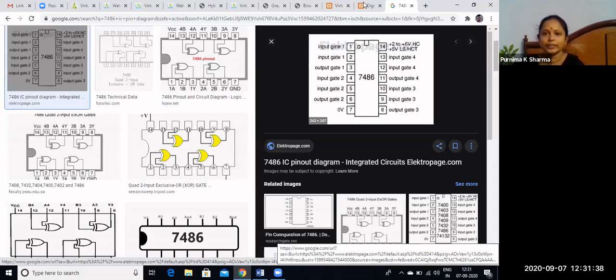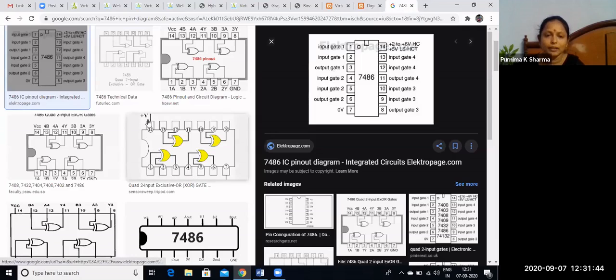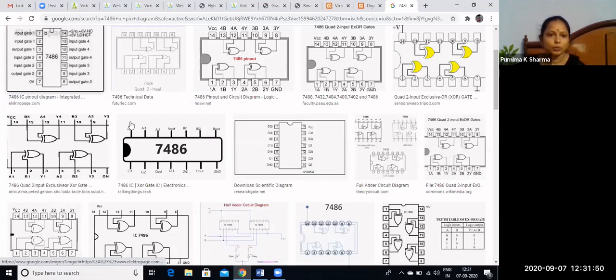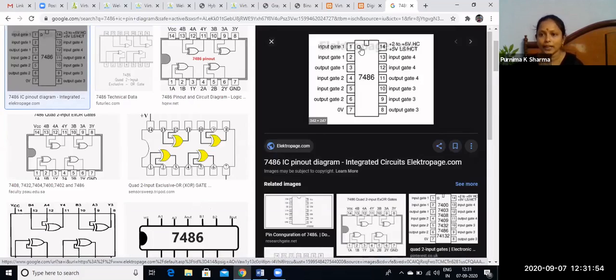This is 7486 IC. That means we know how to check the pins. See, here in the IC, you can see this dot. A dot will be there on every IC. From that dot, we will count the pins.